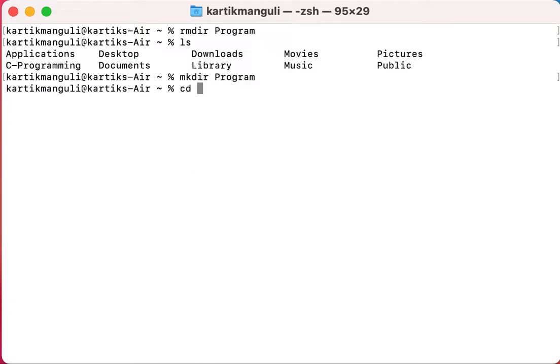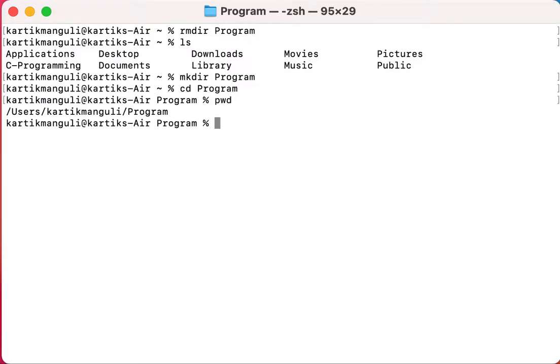I will write pr and then hit tab, and it will show the remaining characters. Okay, I am in program. Now how to know I have changed the directory? Just hit pwd. Here I am in users Karthik Managuri and program. Now I am in the current working directory program.